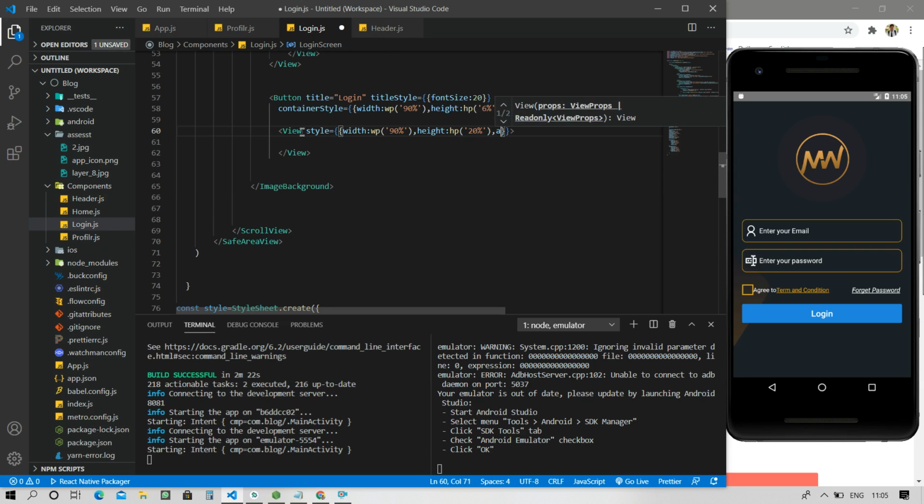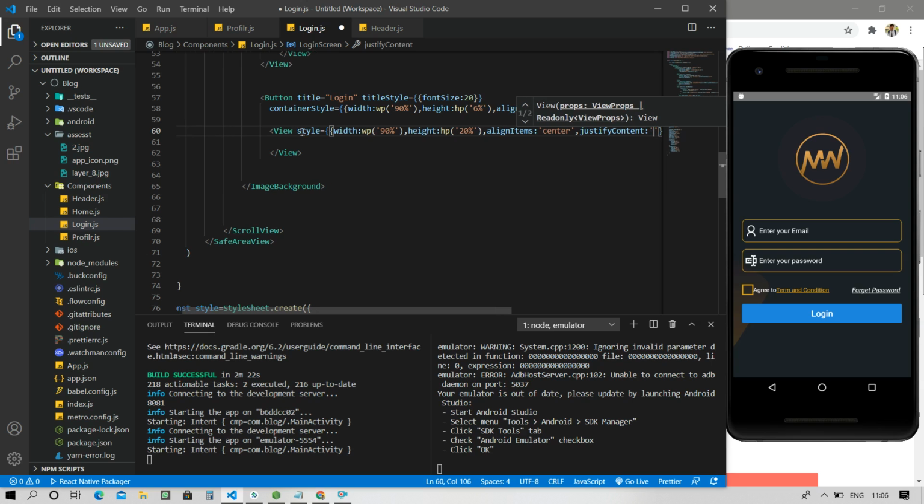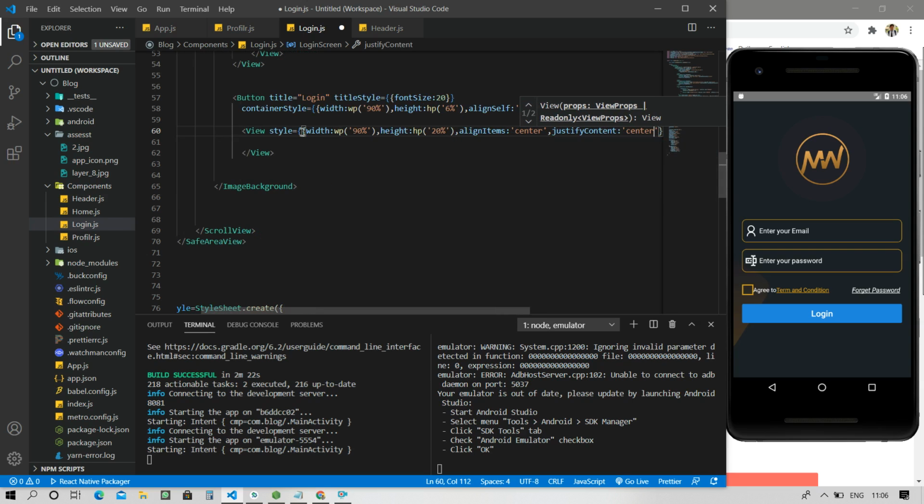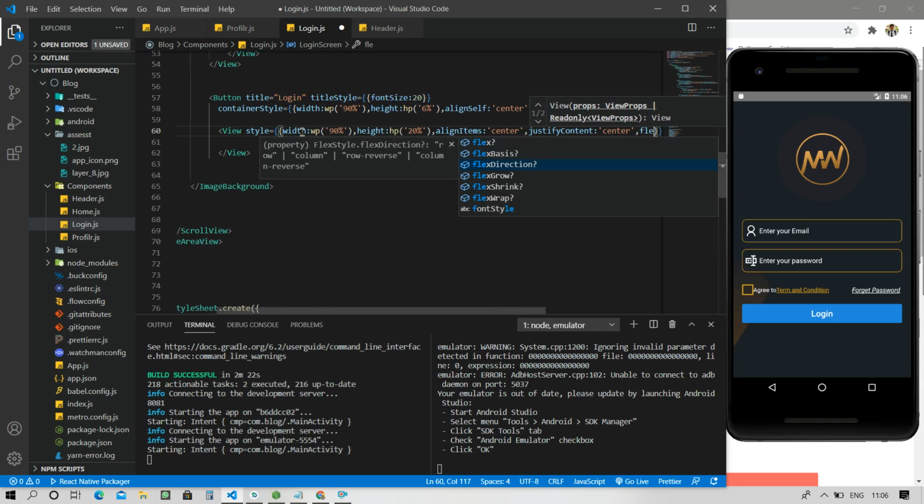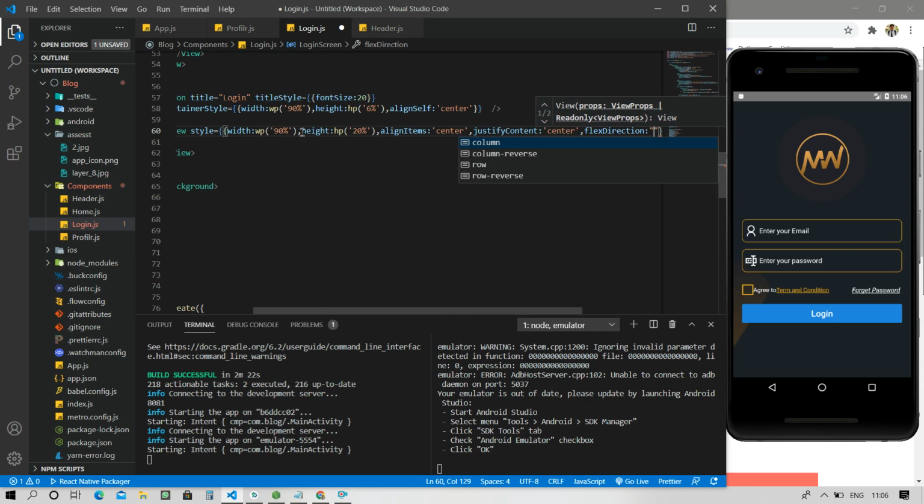Now give the property align items center, justify content center, and flex direction row.